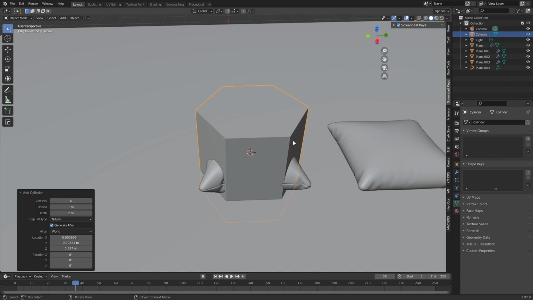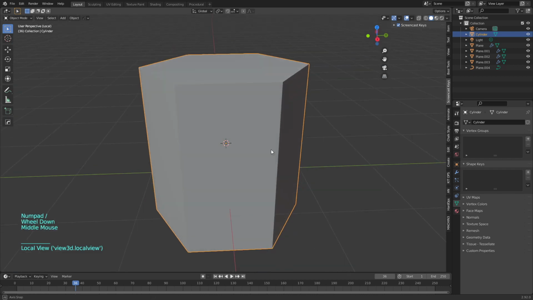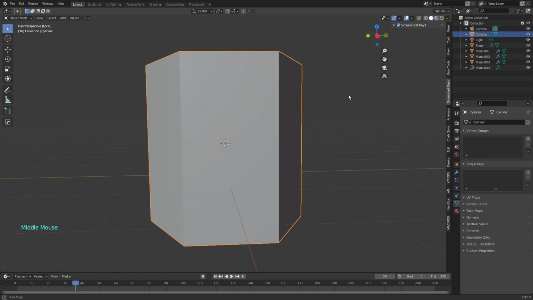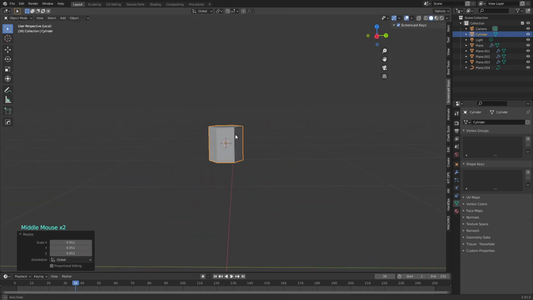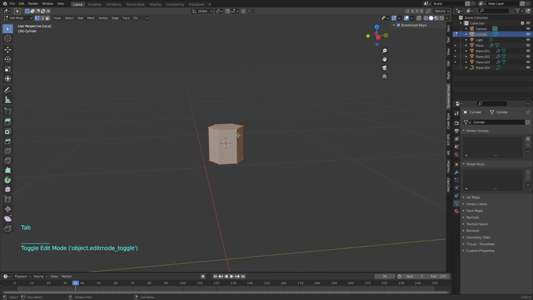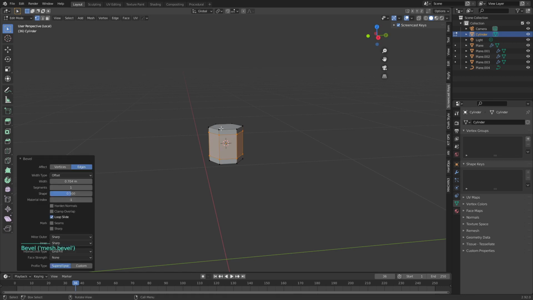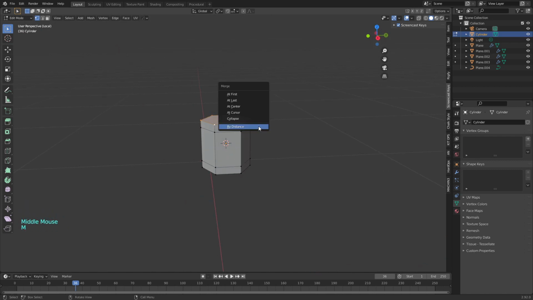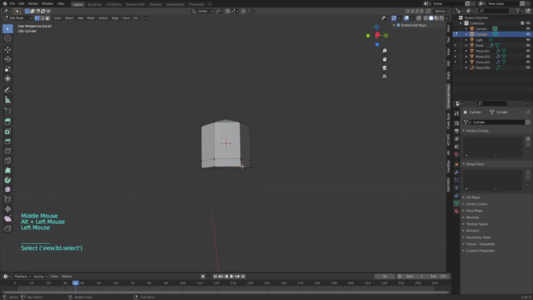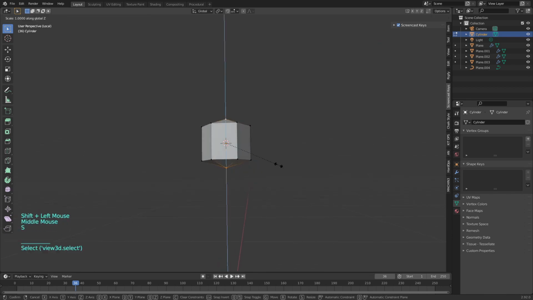I will use the slash bar on the numpad to go to local view. Then we will scale this a lot. It doesn't matter too much the size at this point because we will be able to adjust later. Then we will Control R, Control B, this time just like this. With the mouse wheel you can remove the one we added. Maybe like that. Select the top part, M to merge at center. Same on the bottom, merge at center. We can select these two, scale a bit,